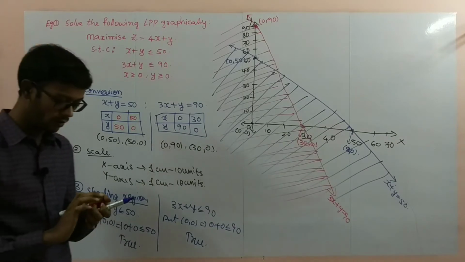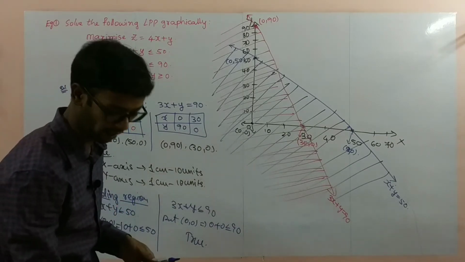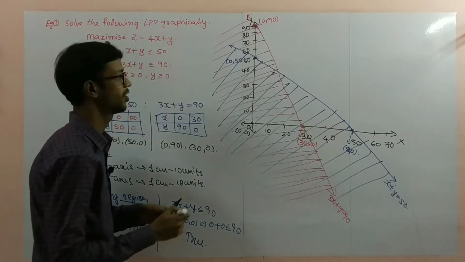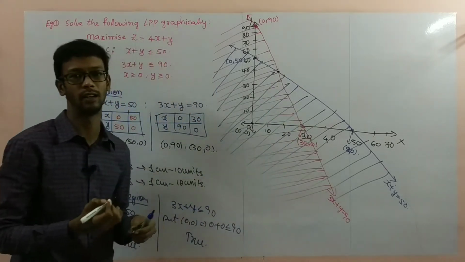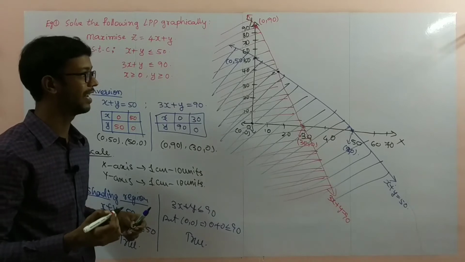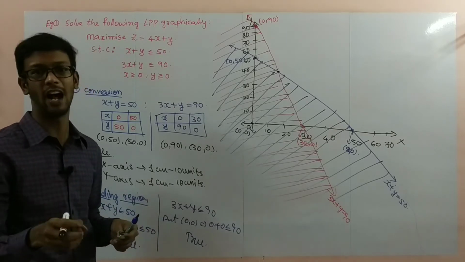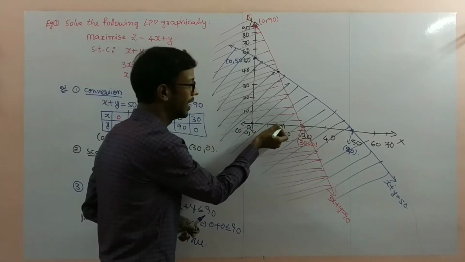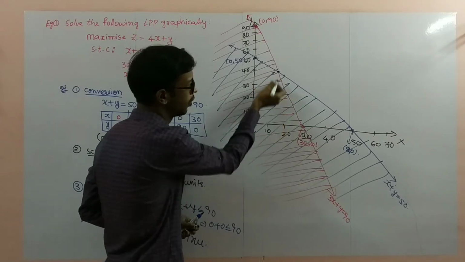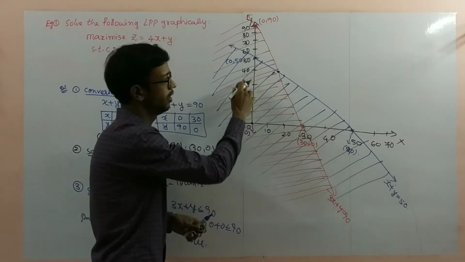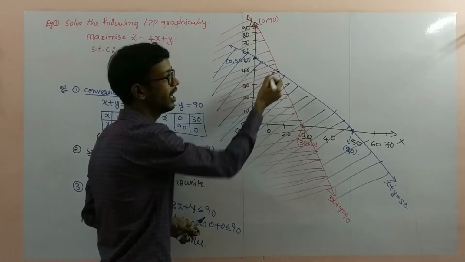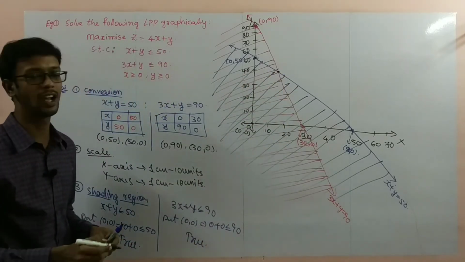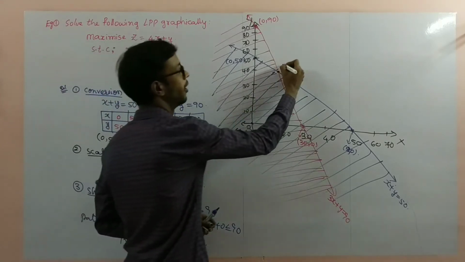So now there is an intersection point here, the intersection point of the first line and second line. If you are taking a proper graph and drawing it, by seeing this point, this is not a perfect diagram. If you draw properly, you will get 20 comma 30, this point.